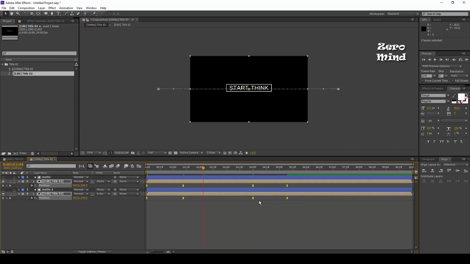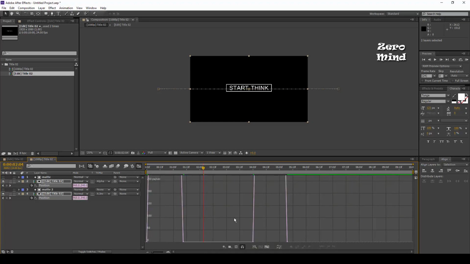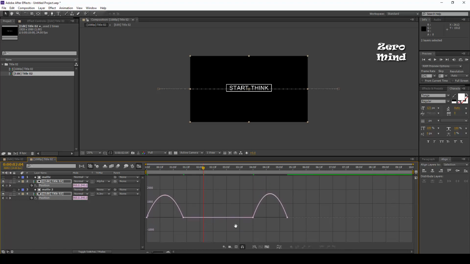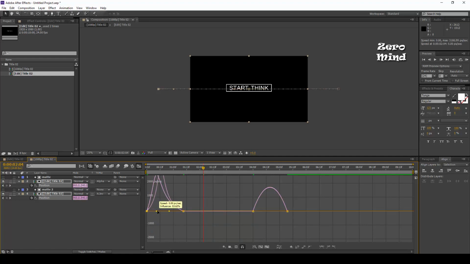Once I have done this process, I am going to switch to my graph editor. Hold down Alt key and middle mouse button to minimize your graph editor, and hold down the middle button for panning your graph editor, and select both of the keys here and give some speed over the time.